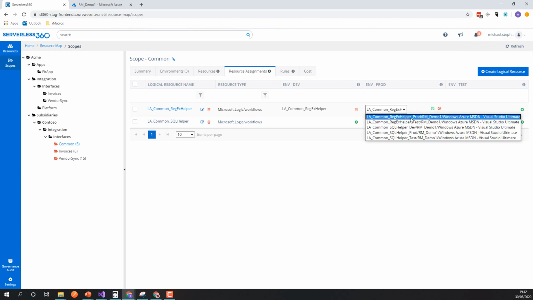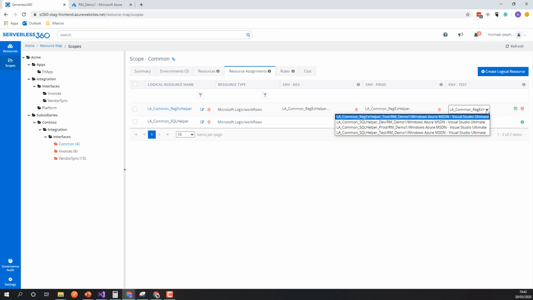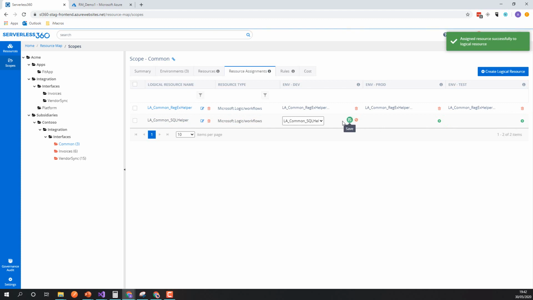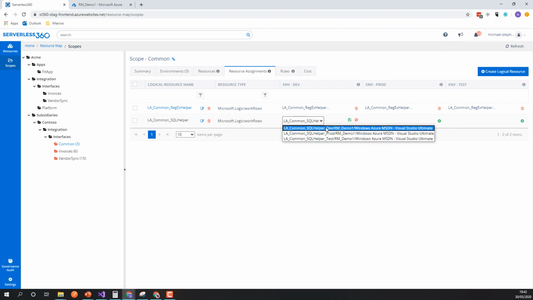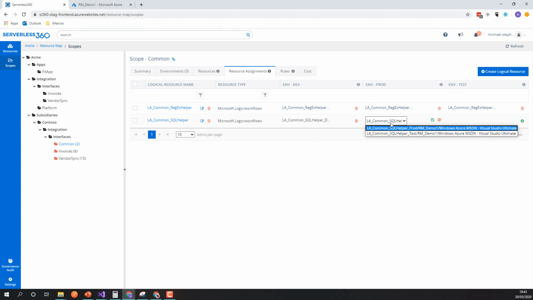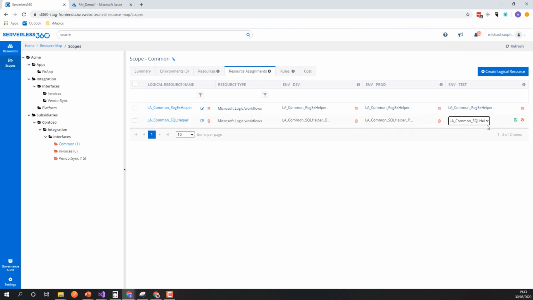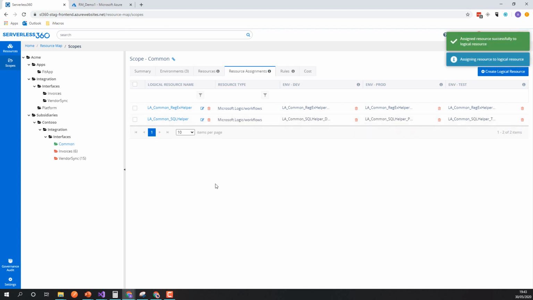The next one is that one for the prod environment, and then the one here is for the test environment. Likewise, if I do the same for the SQL helper, so we've got dev, prod, and test. And you can see my scope over on the left hand side here has now gone green because